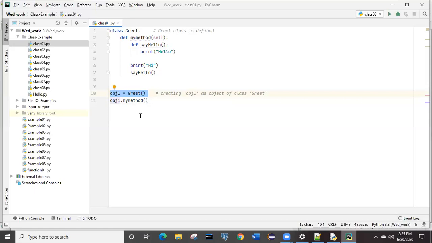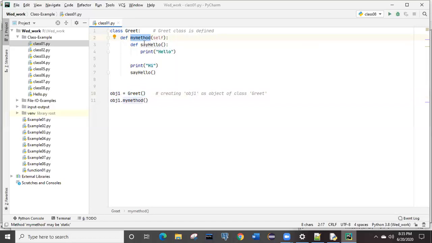It will search over here: is there any method known as my method? Object one will search inside your class only, because you are searching using the object of that particular class. So somewhere this method is defined, right?